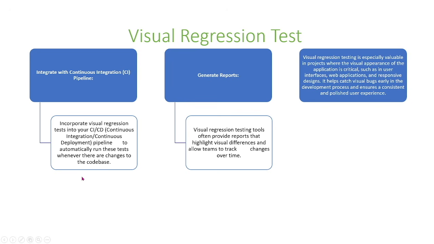Incorporate visual regression tests into the CI/CD pipeline to automatically run these tests whenever there are changes to the code base. Visual regression testing tools often provide reports that highlight visual differences and allow teams to track changes over time. Visual regression testing is especially valuable in projects where the visual appearance of the application is critical, such as in